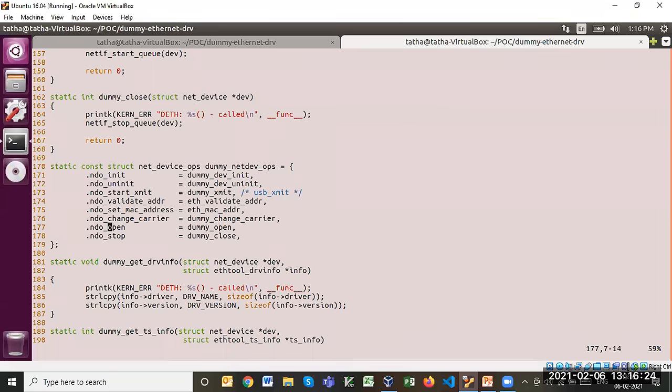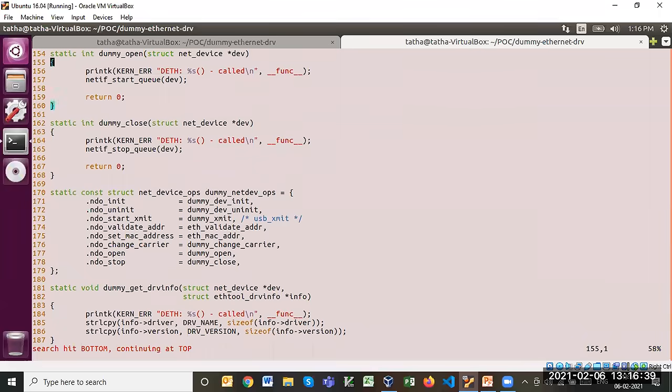It may first call the ndo_open and then set the IP address, but possibly it will first set the IP address and then call the driver. Now what does ndo_open do? It actually starts the queuing mechanism of the net device. This is again a function provided by the network stack.